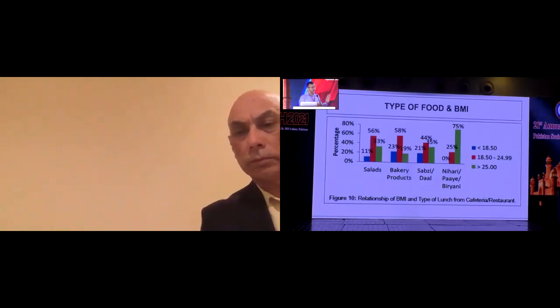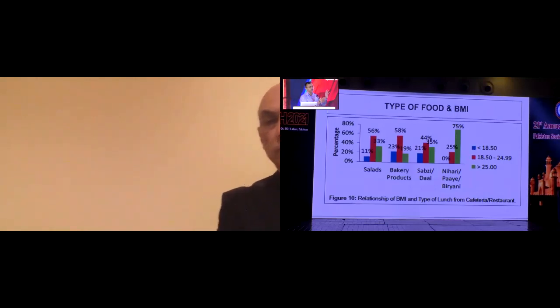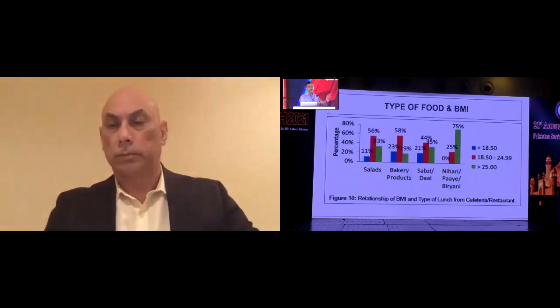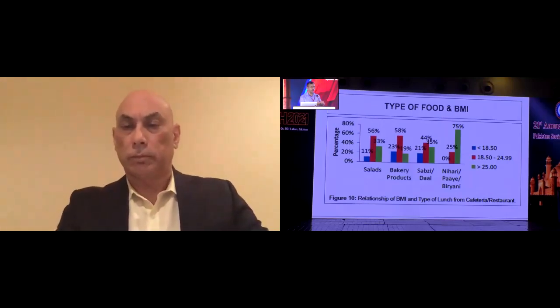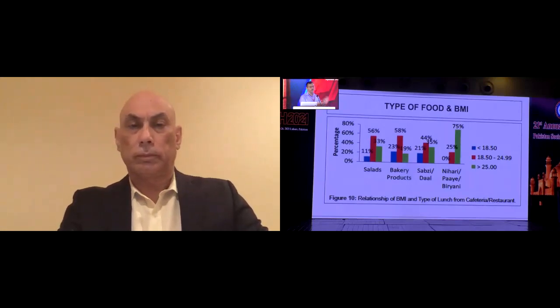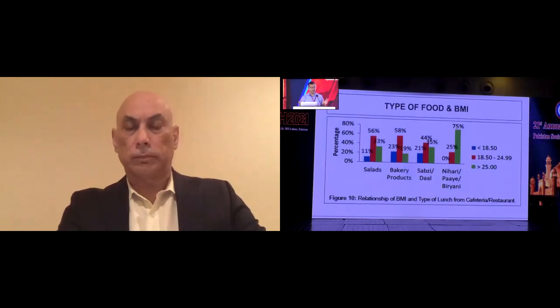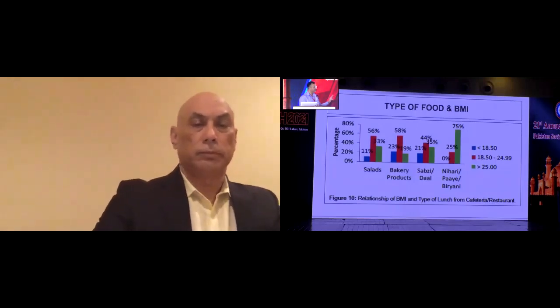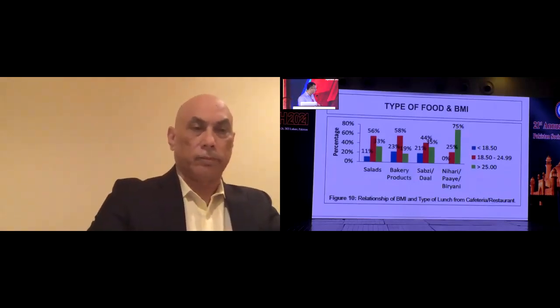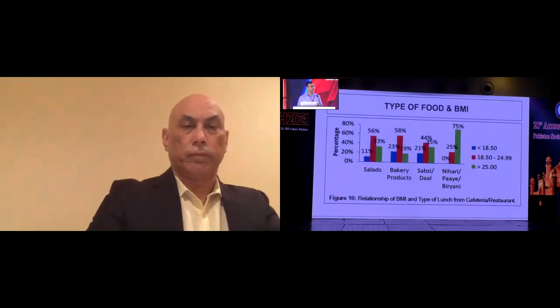Again, one of the important clinical tools. So when we are taking history of these patients, the type of food, amount of food, and their body mass index, we need to match them up with each other. The ones who love to take large amounts of meat, large sources of meat, they always tend to have greater bima. At the same time, the ones who like taking nihari, paya, biryani, and bakery products, they tend to have